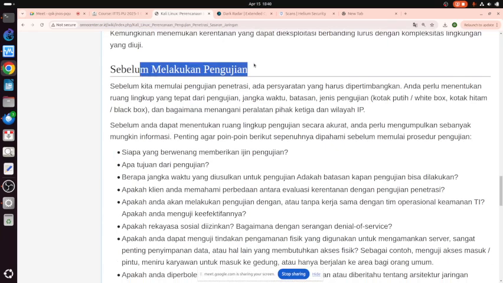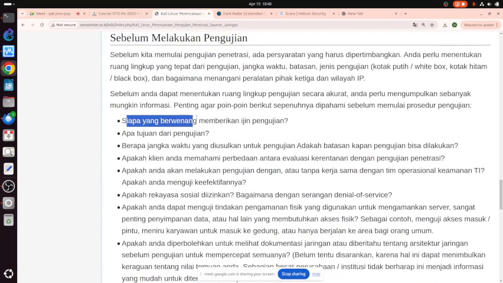Before we do the test, we need to ask for permission. When we ask the permission, we need to mention the objective of the test, how long the test will take, and when it will be completed. We need to make sure that our client understands the difference between vulnerability analysis and penetration test.